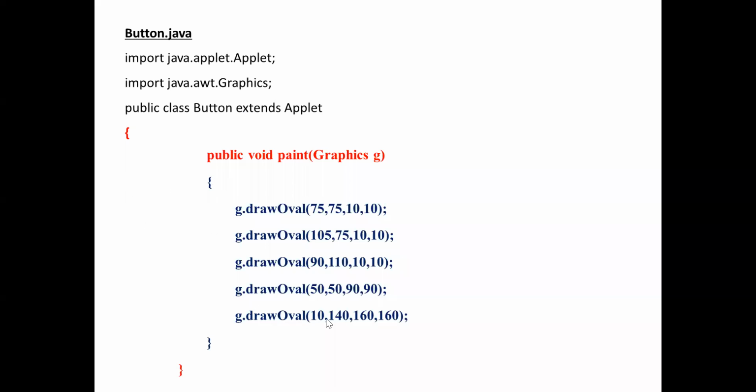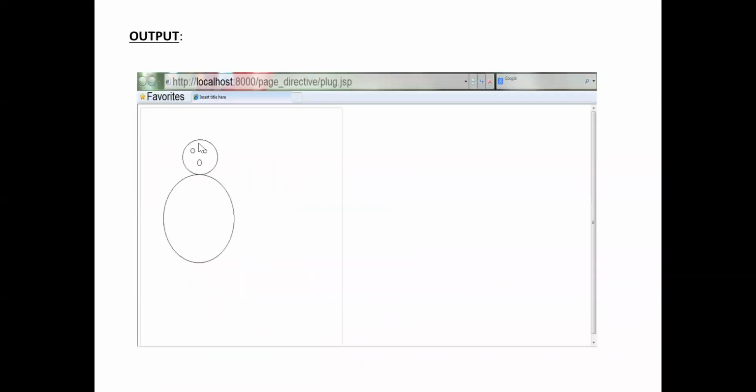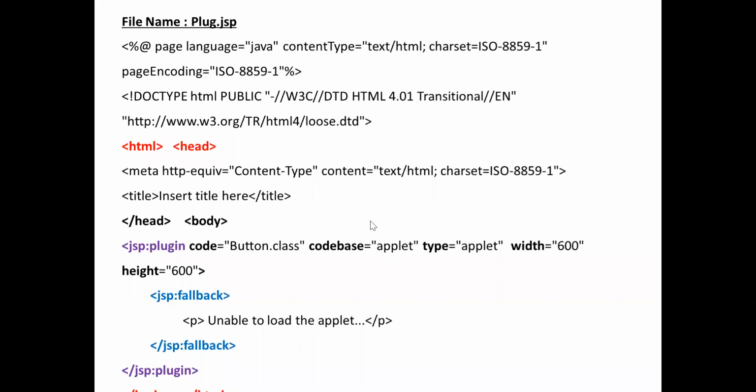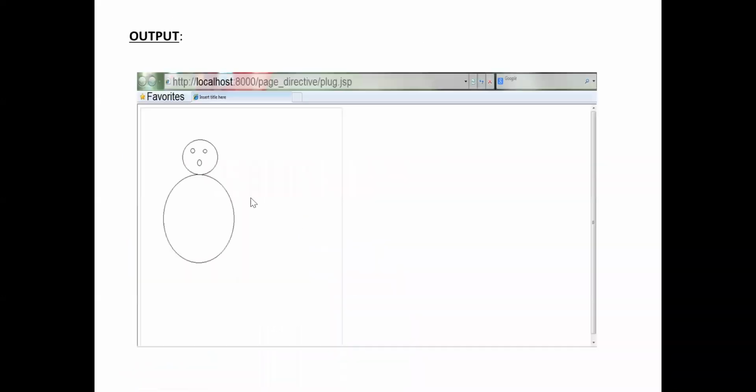So this is some of the built-in syntax. That is public void paint(Graphics g). So g is the graphics. It is a built-in syntax. So we can draw a template. I have to design by using this diagram. I should write g.drawOval, because there is an oval shape. Every design will be in the form of an oval shape.